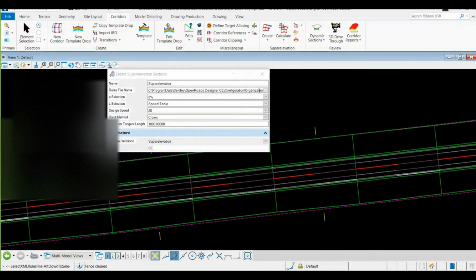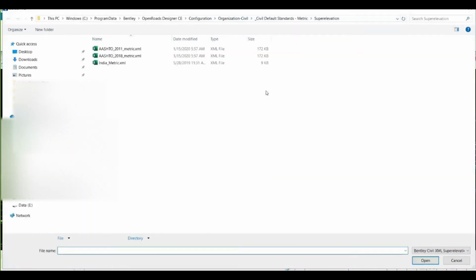So what is basically a rule file? When you click over these three dots, within this folder you are going to get the default super elevation rule files.